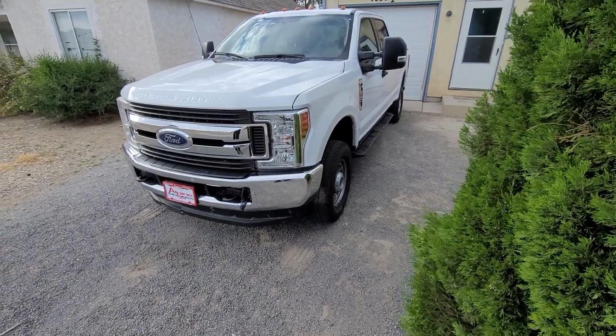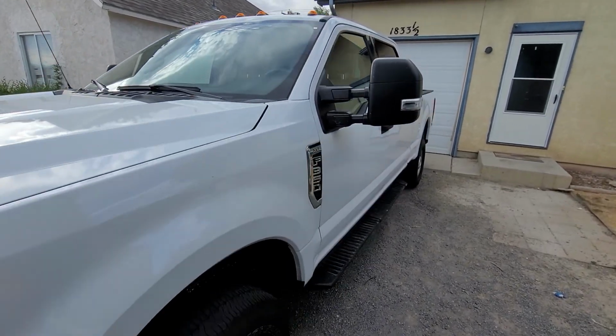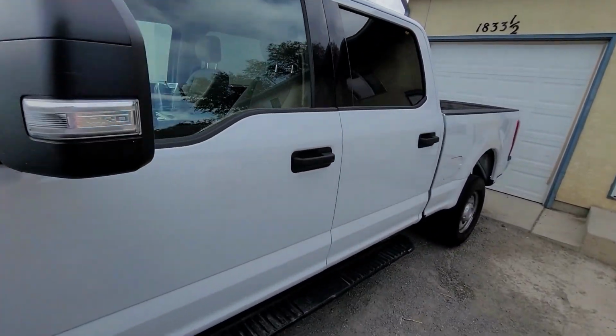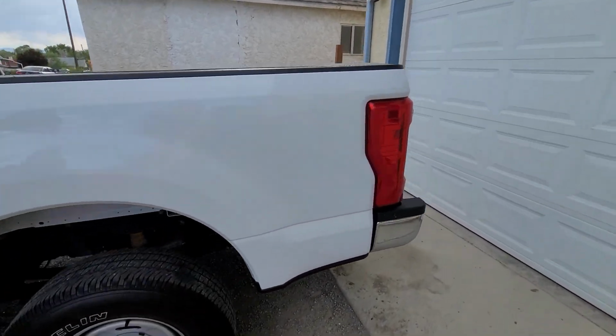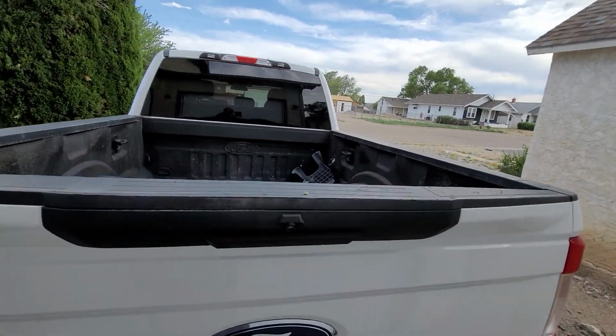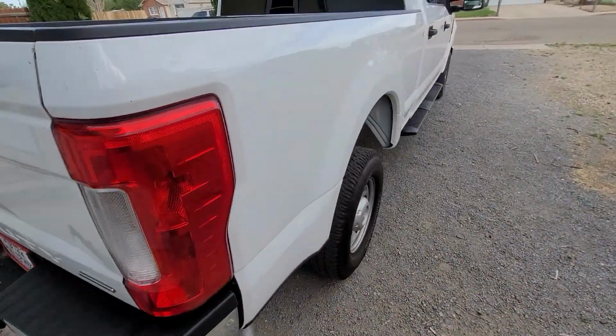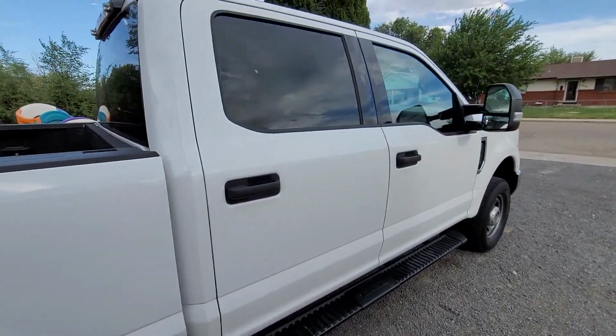Yep, yep, I got another vehicle. We'll just leave it at that. 2019 Ford F350, the XLT trim. Nice truck overall. I've had it about a day now. Figured I'd give you guys a walk around of it because it seems like a few of you like it when I post videos about